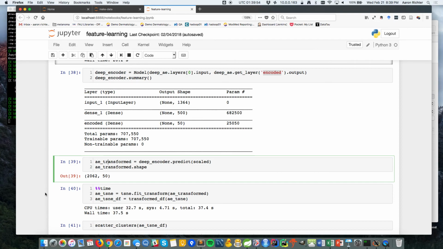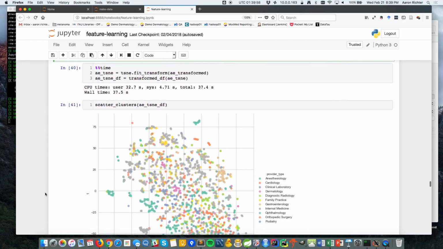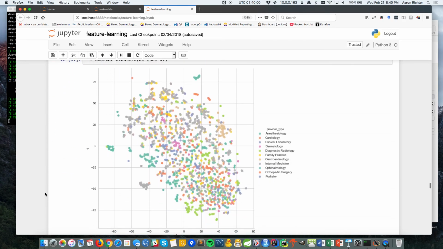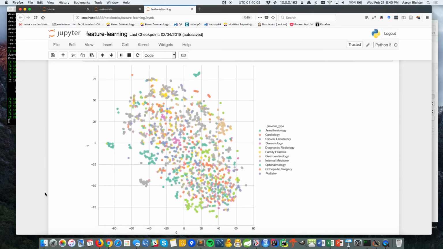Because we want to visualize these top 50 features, we're going to run it through t-SNE again, and then we're going to plot it on this graph and see why autoencoders don't work for me, at least in this particular scenario. It was not able to learn any differences. I mean, at least it went on the graph and they're all spread out somewhere. Part of this could be that, again, the data set was really small. There wasn't enough for the network to learn.